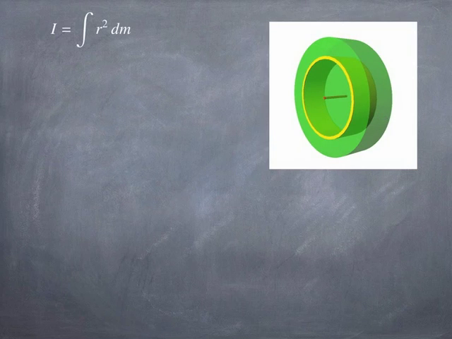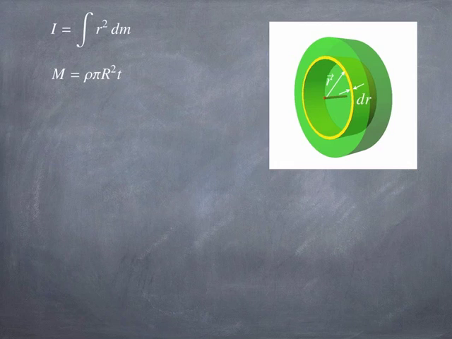I need to isolate a little chunk of mass that has the same r everywhere from the origin. I know that's a hollow cylinder, so I know that its rotational inertia is dm times r squared. And I need to add those up for all the hollow cylinders that make up the solid cylinder. So a particular chunk, a particular piece of mass has a radius r, a thickness dr, and